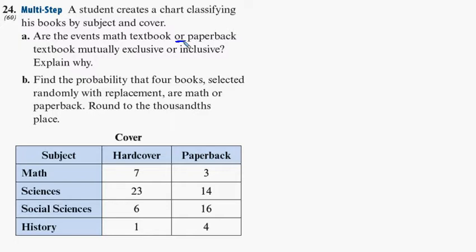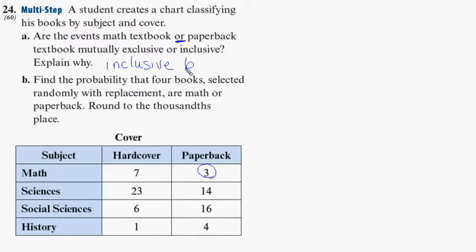Remember, when you're thinking about inclusive, the word that helps me to remember this is overlapping. Are these two categories overlapping? Do we have any math textbooks that are also paperbacks? And the answer is yes, right here. There's 3 of those, okay? So we can say this is inclusive